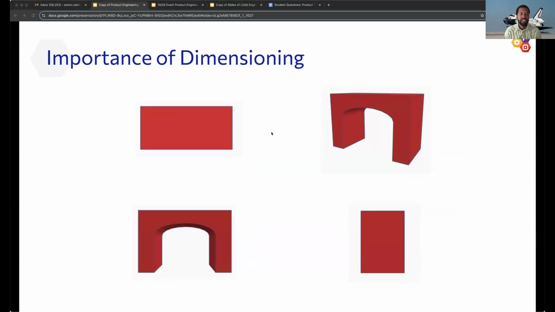So this is the importance of dimensioning. Just like having multiple views gives a better understanding of what needs to be built, so does dimensioning. All right. Let's look at this engineering drawing. And I also want to ask you all, what do we have here? If you take a look at it, we have different images of this product. Now, dimensions get into how big is something, right? So when you draw it to scale,